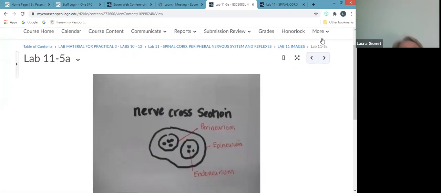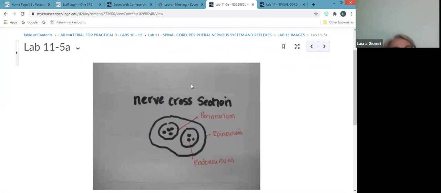So here, Dr. Raven just created a drawing so you can differentiate between epineurium, perineurium, and endoneurium. If it's a connective tissue layer that can surround more than one fascicle, go around the whole thing, then that's your epineurium. Here are two fascicles that he's drawn with little dots in the center. The connective tissue layer that can only surround one fascicle is the perineurium. And if you were asked about a layer within one fascicle, then that would have to be the